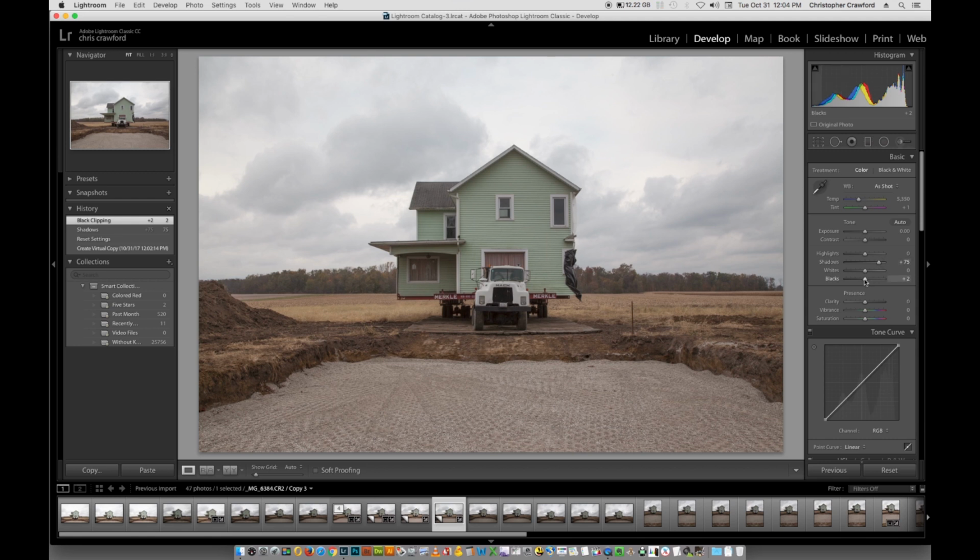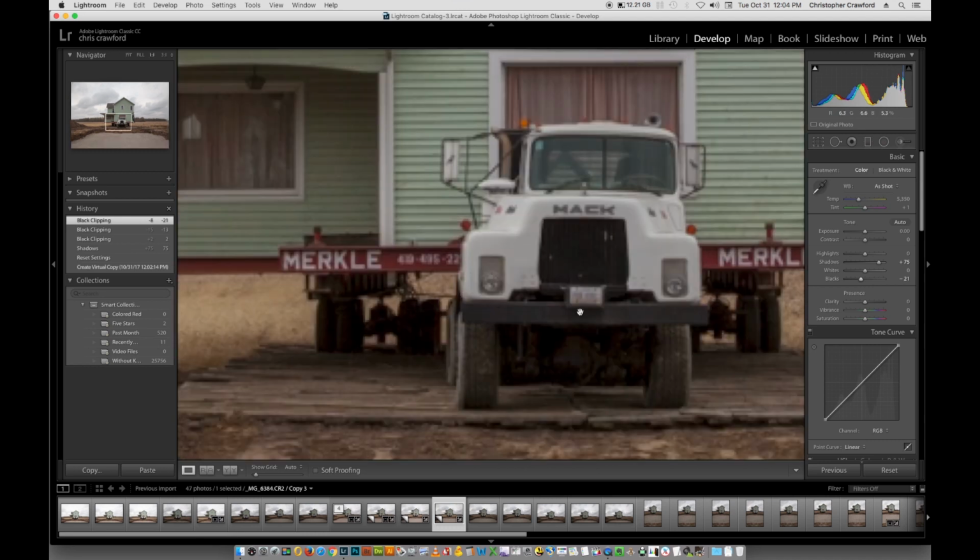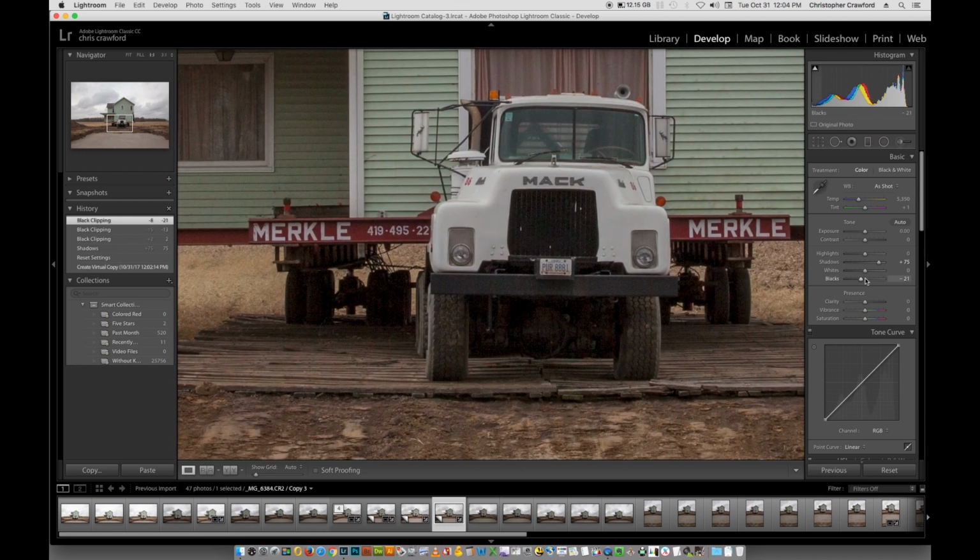So by pulling the black slider down, we're pulling things that might have been dark gray down to pure black. It's kind of like in Photoshop moving in the ends of the histogram in the levels slider. This does the same thing. And so if we magnify this up so we can see the actual dark tones, we can see what's really happening here. At 0, we can see the dark tones are kind of flat and there's a lot of noise in there, which we'll get rid of when we get to the noise reduction phase. If we pull this down a little bit,